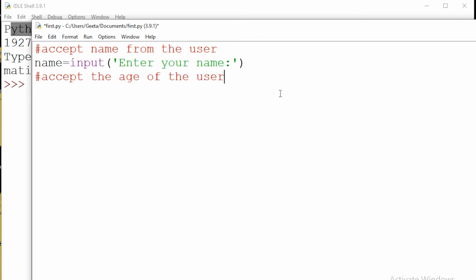Again, I have written a comment in my program file. This line will prompt the user to enter his age, but we need a variable at the left hand side to store the returned value.